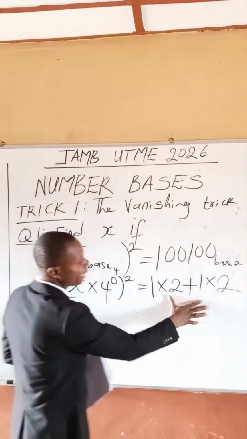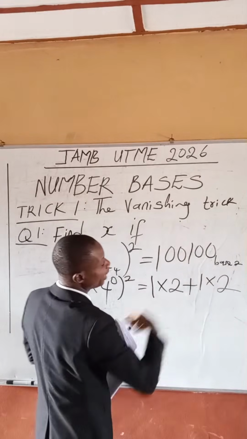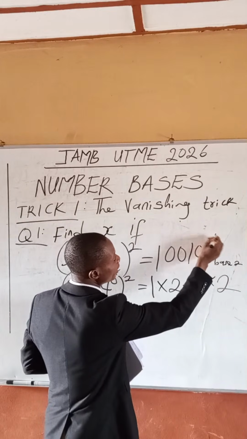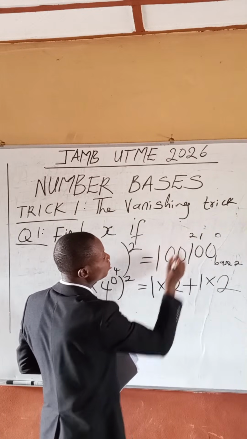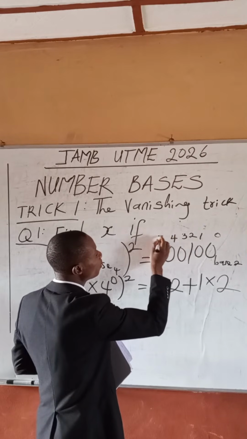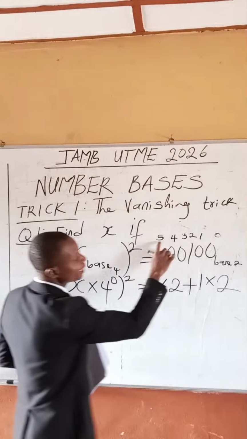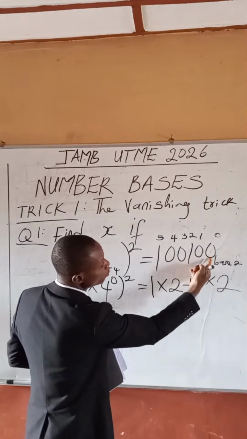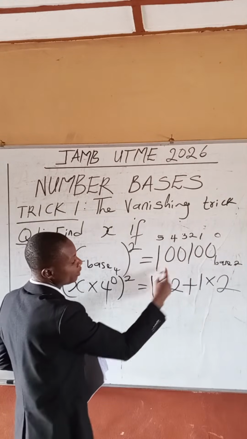So what do we do again? Focus on the exponent. What is the exponent? Here, the exponent is 0. Here we have 1, here we have 2, here we have 3, here we have 4, then here is 5. That's the exponent. So these are the exponents for each position when 2 is coming to multiply any of the